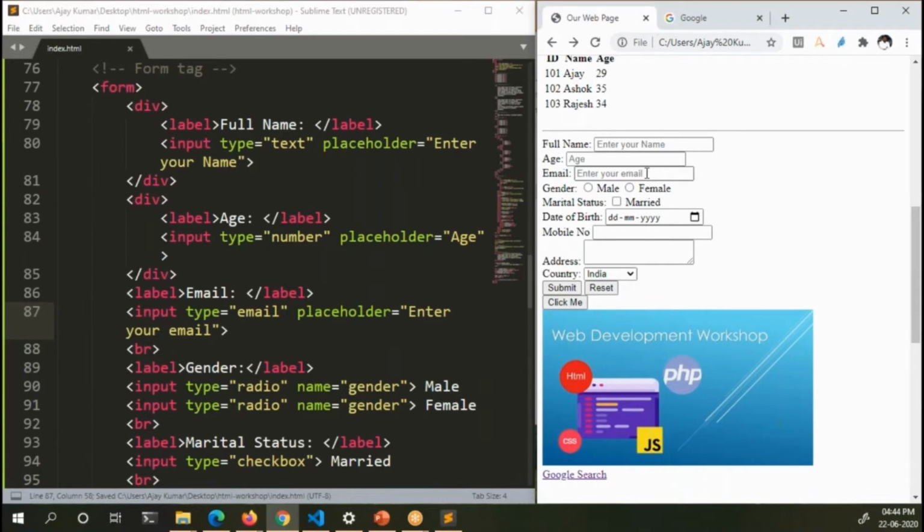Okay, and let us refresh. So you can see these are the placeholders. They add more meaning to your forms. You cannot add placeholders for some elements like checkbox and date, but you can add these placeholders for some input elements.